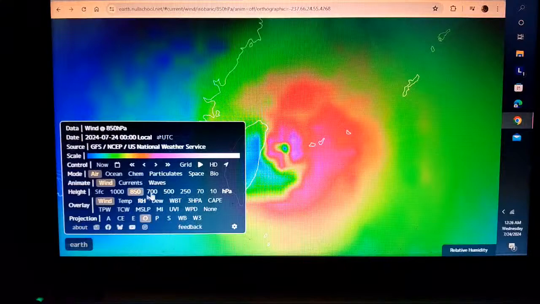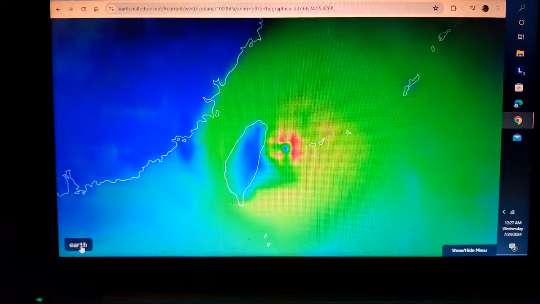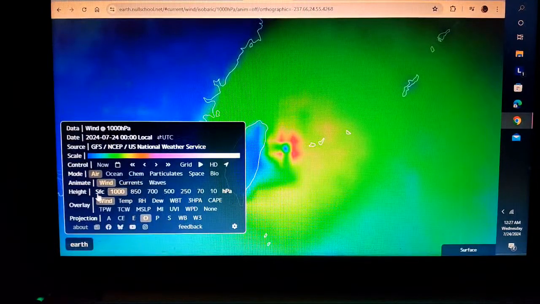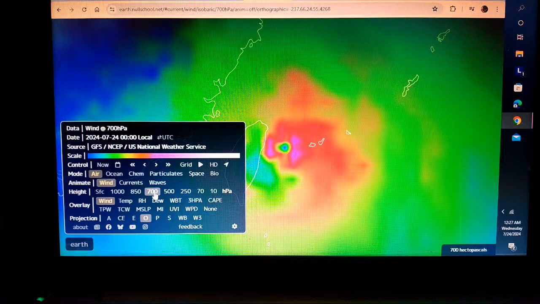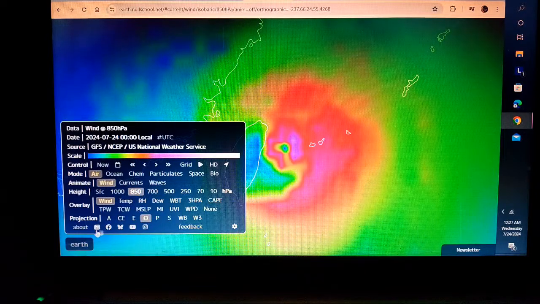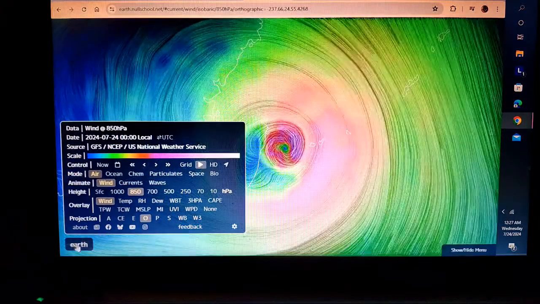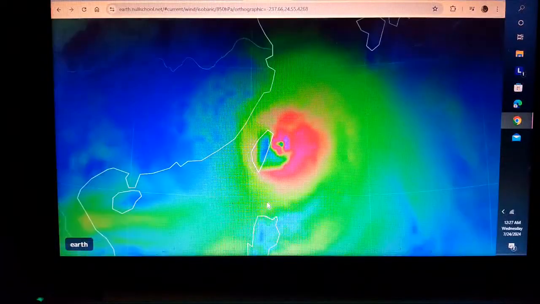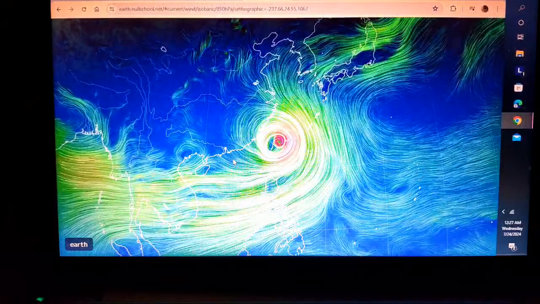All right, take the wind off for a minute. We're going to go down even lower. That's the surface. So even 1,000 here is more intense. A little higher, it's not as intense. But right there's where most of your weather is. These islands right here are probably getting decimated right now. Okay, so you're going to hear tomorrow's headlines: something may have happened at Taiwan.